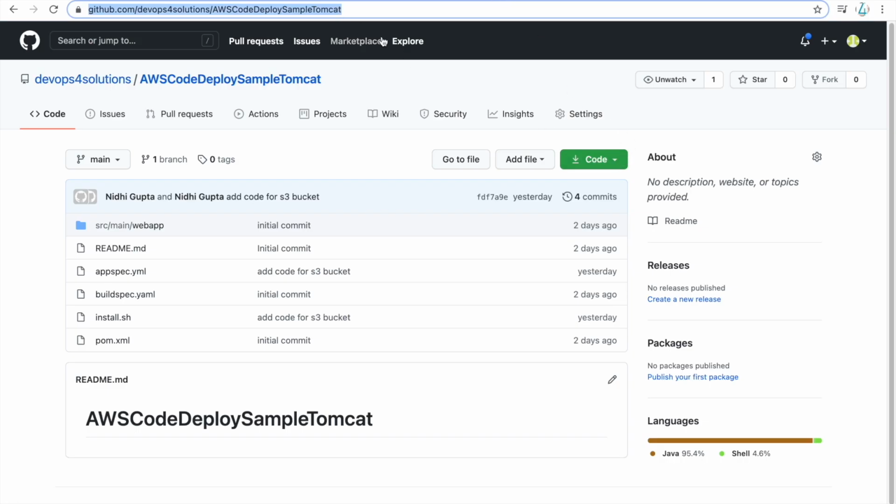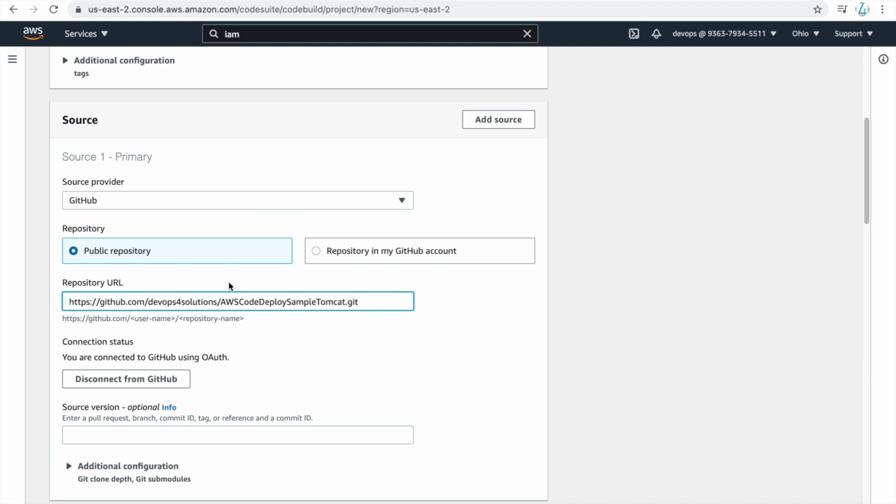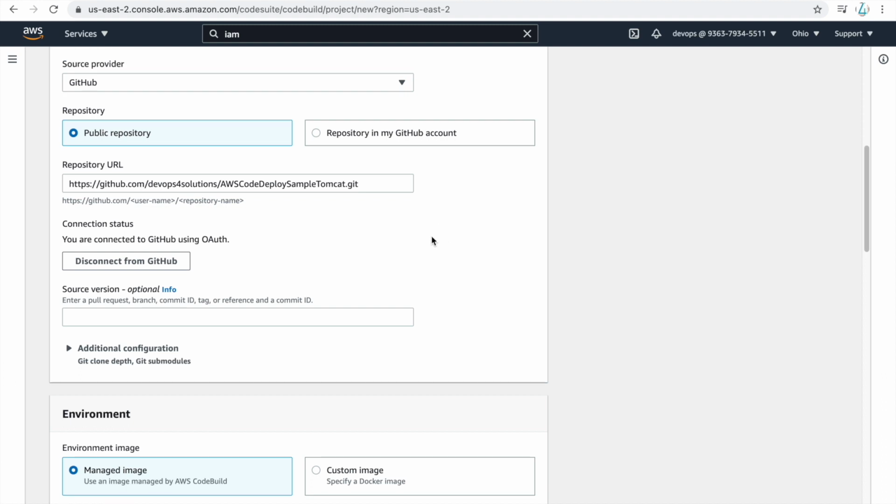So this is my URL from here. This is already connected, otherwise it will ask for the credentials and you can just log in. Source version, no, I don't want any other configuration, that's it.